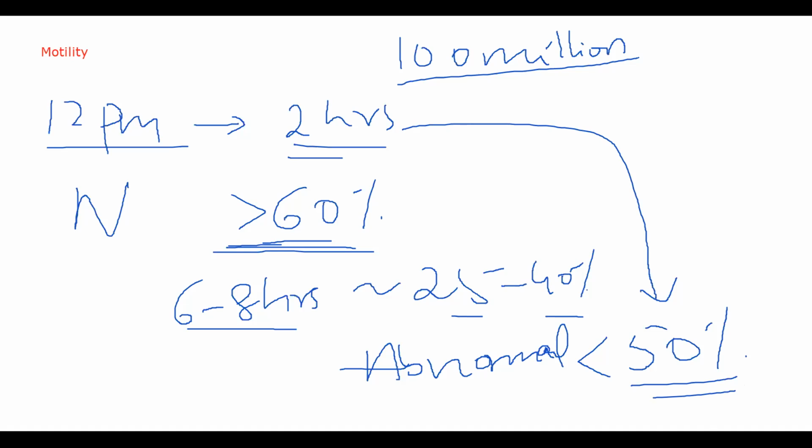All right. Then the last thing you will check for is morphology, the shape, size, and what is the type of sperm that is present. Now you prepare a smear from liquefied semen and you put it on a glass slide. Okay, you can stain it with any of the Romanowski stains, and you will observe 200 sperms.